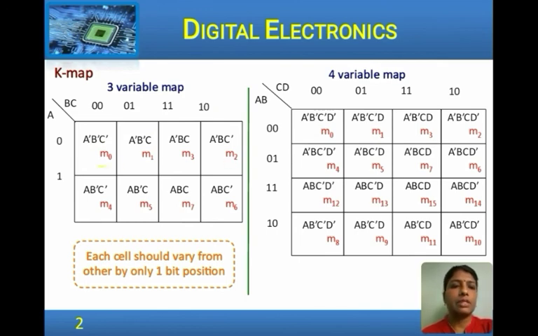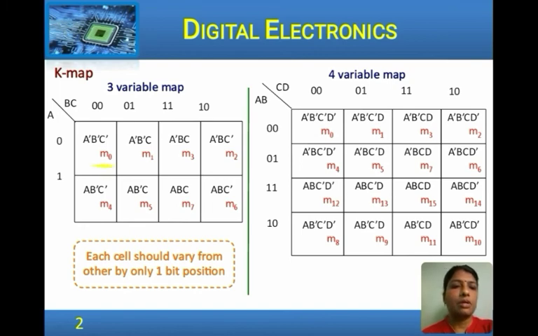Please note here we have M0, M1, then M2 and M3, because in K maps, Karnaugh map, each cell should differ from the other cell by only 1 bit position. So, if after 01 we have 10, both the bit positions have changed, that is not valid. Therefore, only 1 bit position can change. So, after 01, changing the first 0 to 1 we have 11. So, there is only 1 bit position variation, and from 11 we have 10, that is the second bit 1 has changed to 0, only 1 bit variation has happened. So, this is a condition that is to be followed. Each cell should vary from the adjacent cell by only 1 bit position.